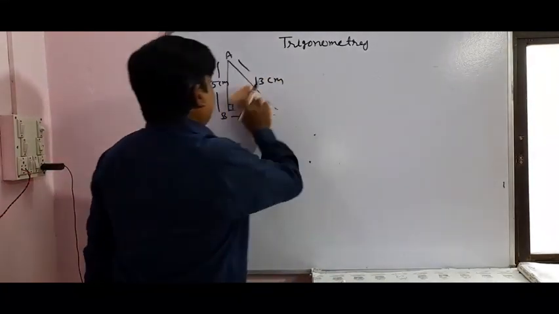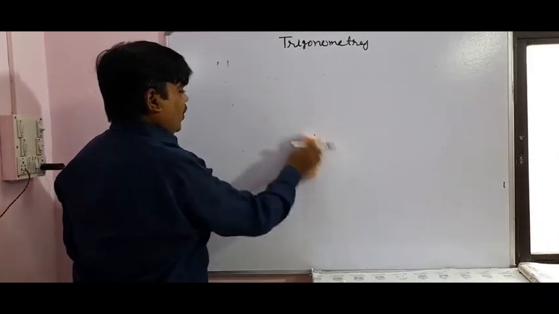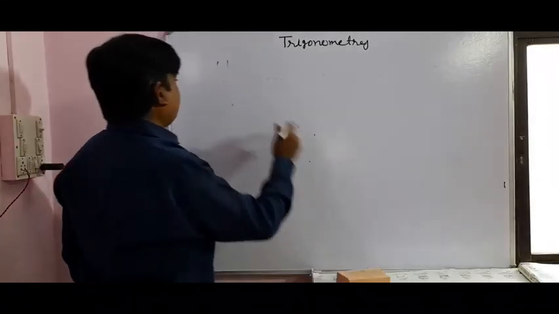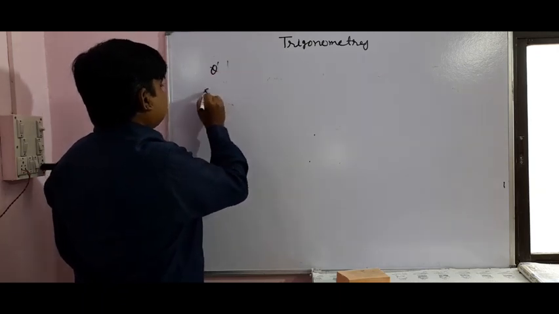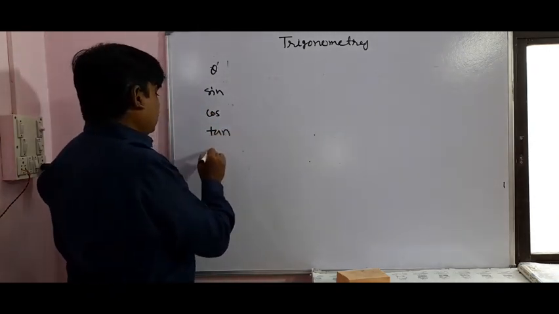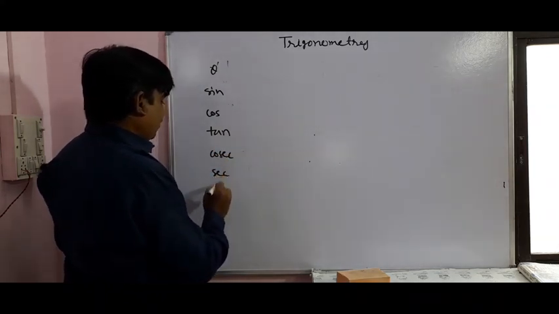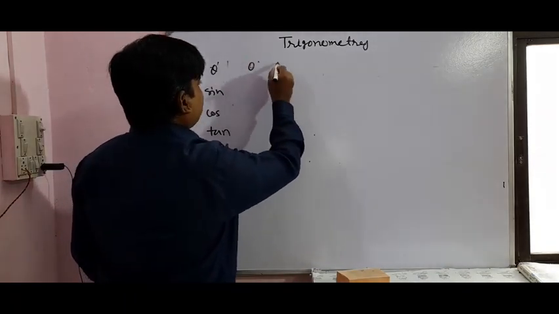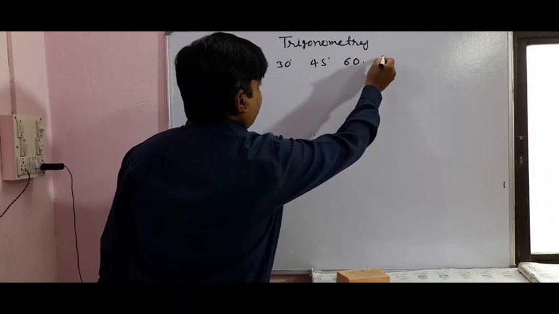Now, the next thing: if we are given one value and one angle, how do we find it? First we have to draw a chart of the angles with their values. So, right here, theta, there is sin, cos, tan, opposite of sin that is cosec, opposite of cos that is sec, and opposite of tan is cot. Now the values of theta are 0 degree, 30 degree, 45 degree, 60 degree and 90 degree.